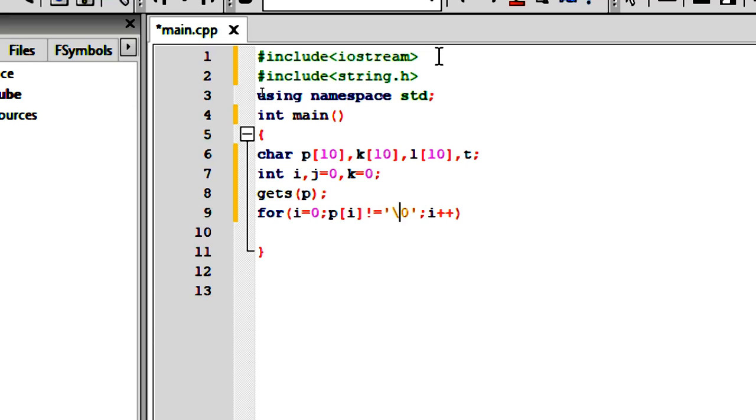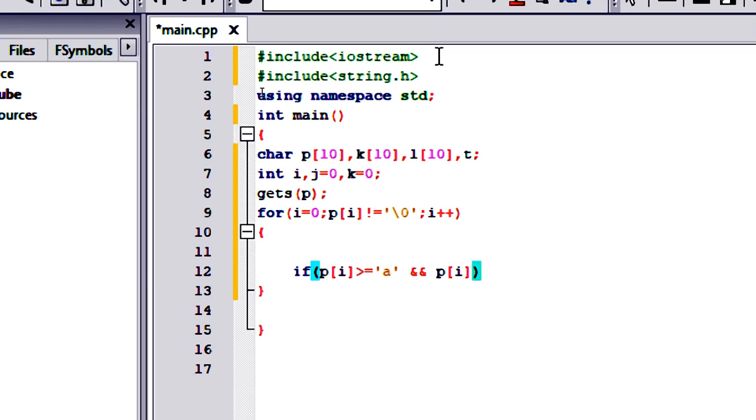We just forget the square brackets, and in it we have to put one condition: p of i is greater than or equal to small a, and p of i is less than or equal to small z. Then, if it is in between a and z, we store it in k of j plus plus equal to p of i.